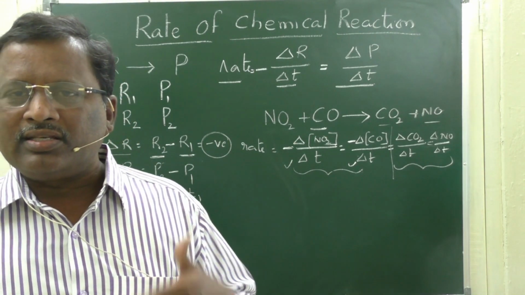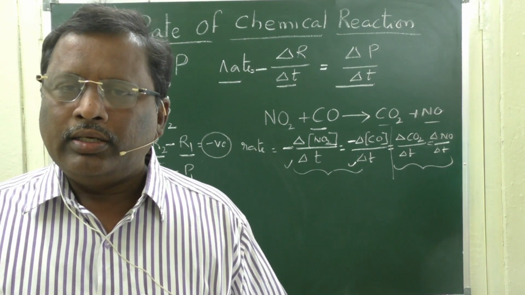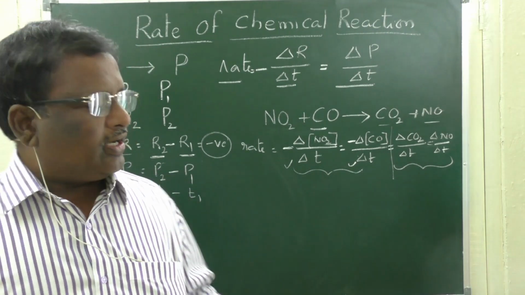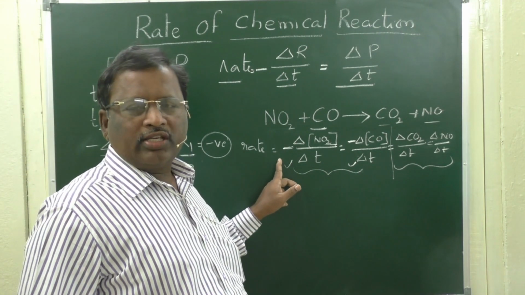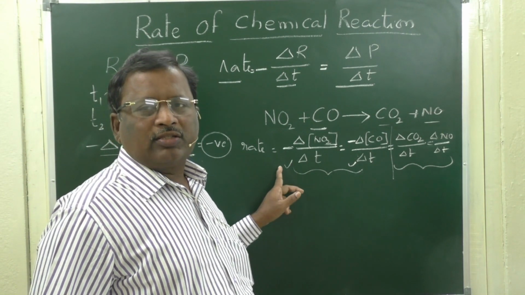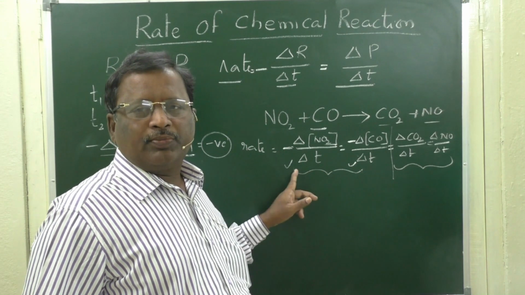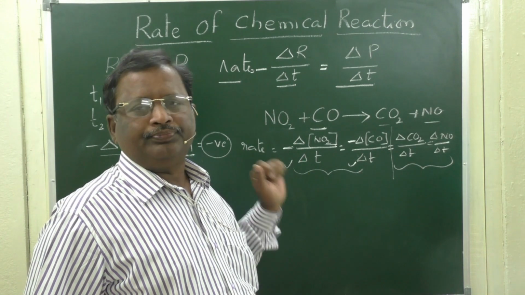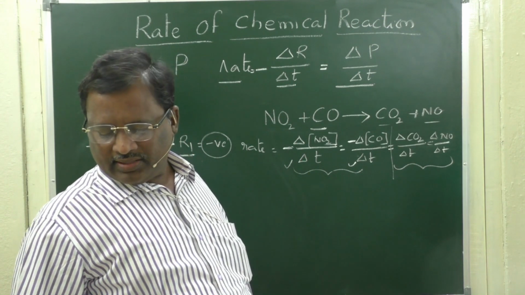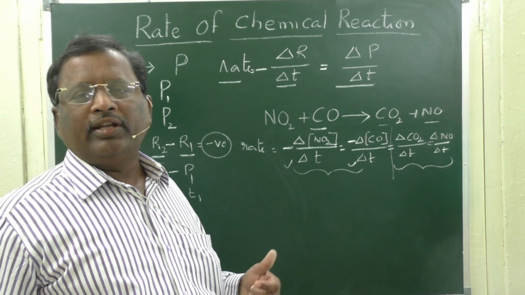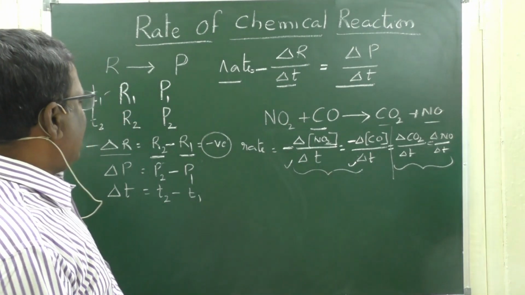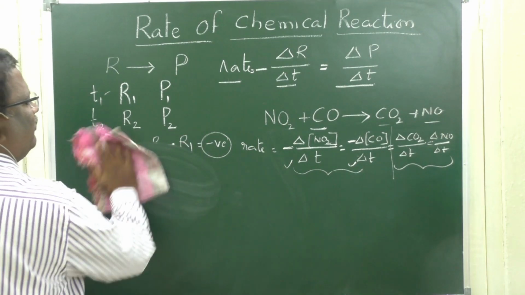In such cases, rate appears as a negative value, but rate is always positive. To avoid that, we give a negative sign to the rate expression when we are expressing the rate in terms of reactants. But if the stoichiometric proportions differ, we have to represent the reaction in a different manner. For example,